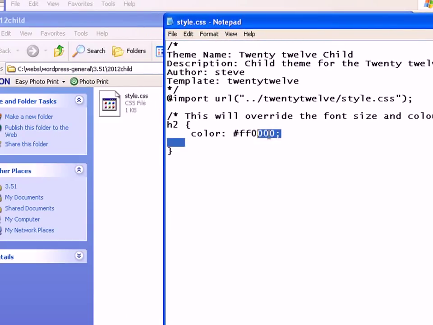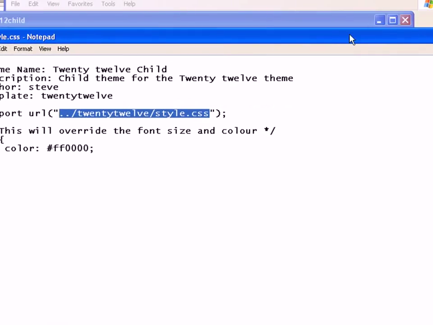Now all I'm going to do with this child theme is modify the H2 tag. I'm going to change it to red. So you can see here the theme name is 2012 child, and it's going to modify the 2012 theme. I'm importing the old 2012 style sheet into this, which means that the settings I had applied in the 2012 parent style sheet will apply to this style sheet as well. So now I've got the